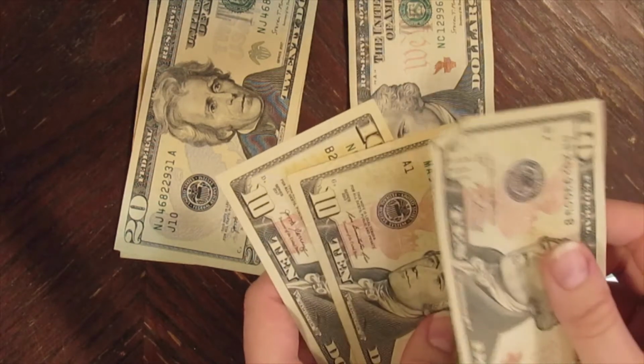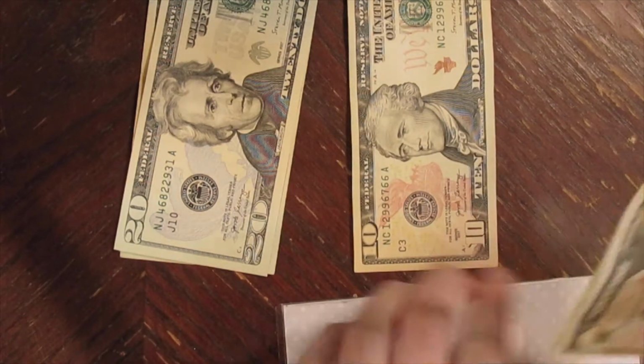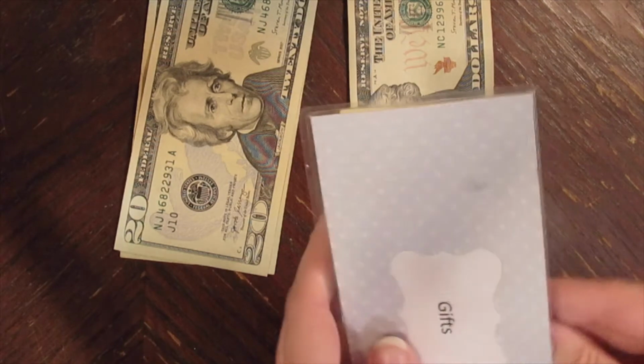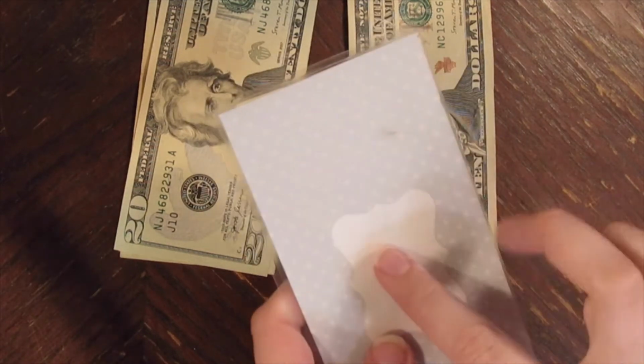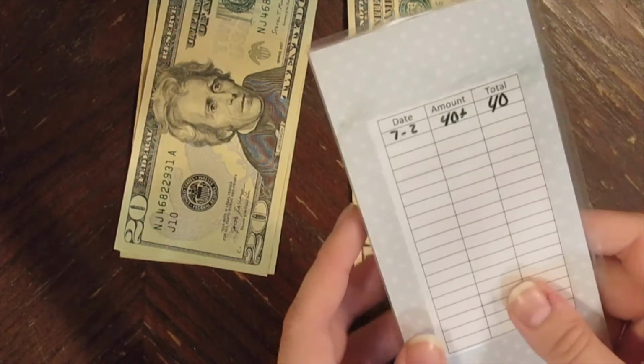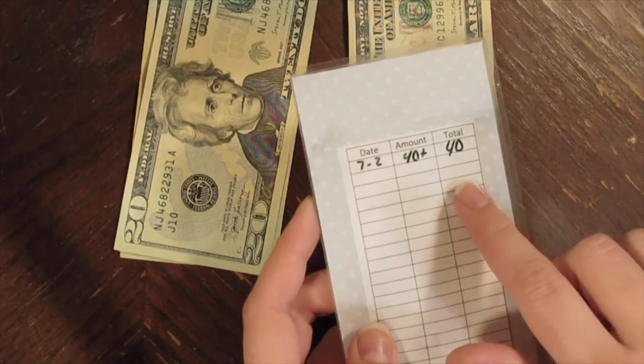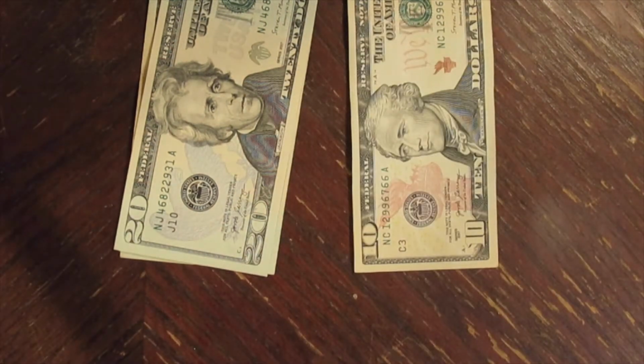So I added 10. I have $10, $20, and $30. This one does have a tracker, but I just took out $20 for my nephew's birthday present and I didn't update it, so I obviously have to change this, and I'll do that off camera. But